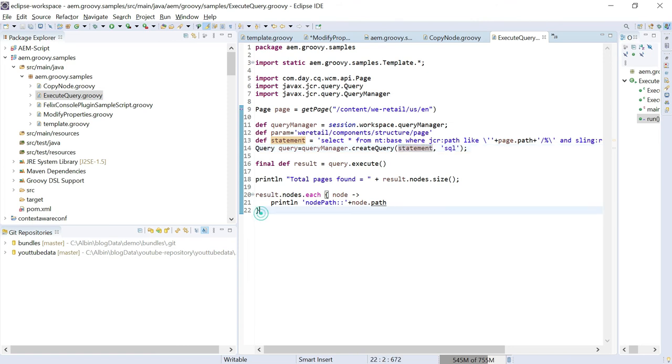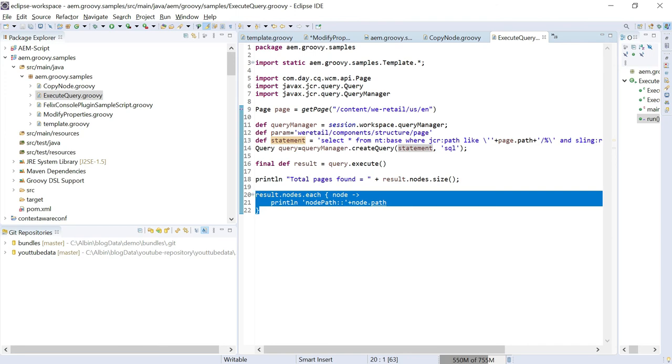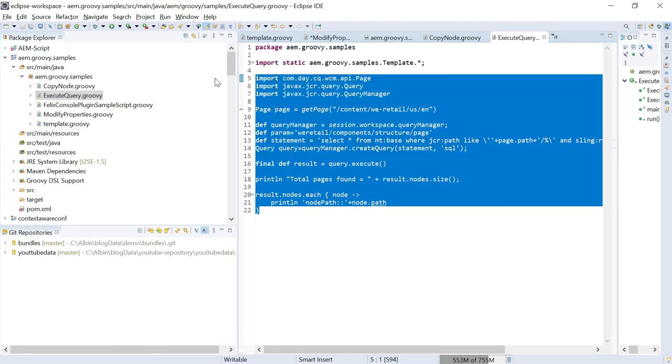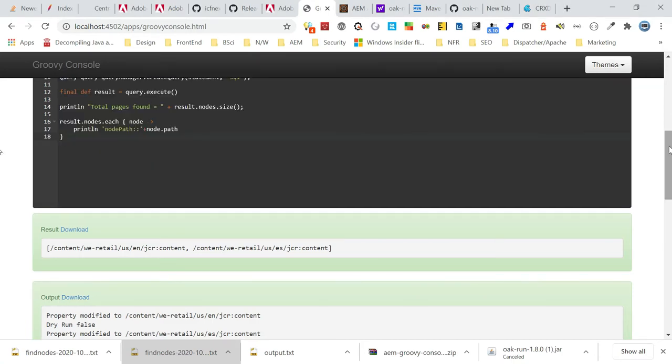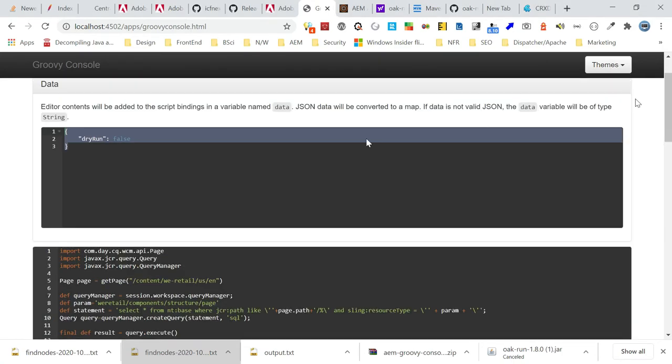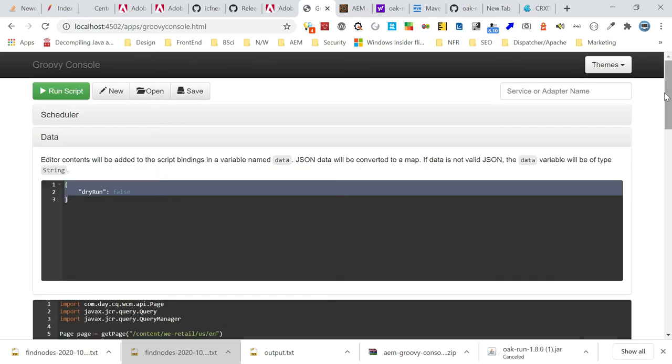So maybe let me go and execute any queries you want, you can execute through this. If you want to fetch any reports quickly, you can use this. So let me go and do that. If I go here, execute this. Anyway, here I am not using this dry run variable, so I am leaving that, that's fine.